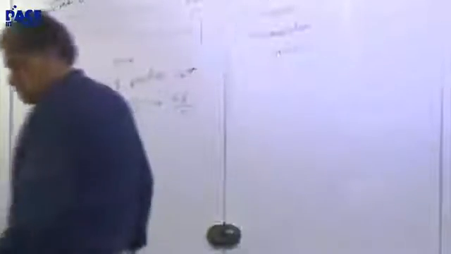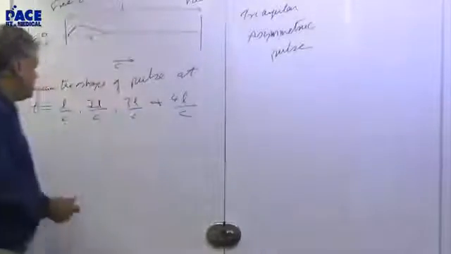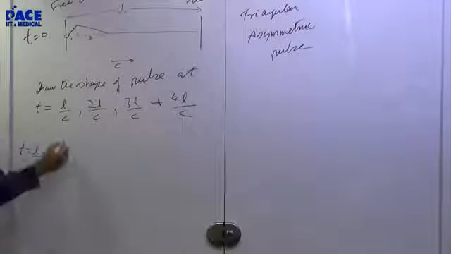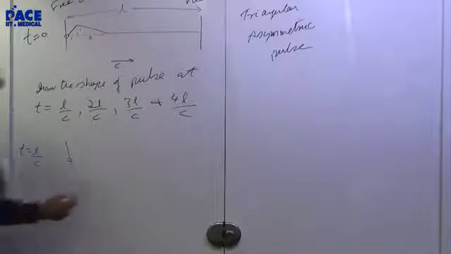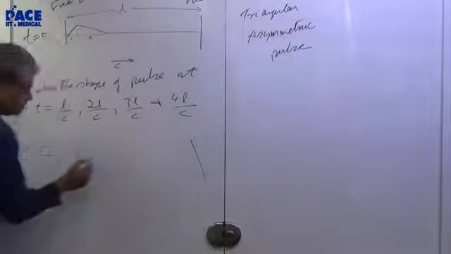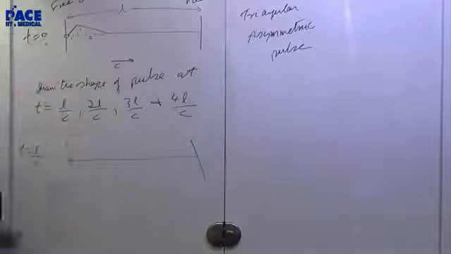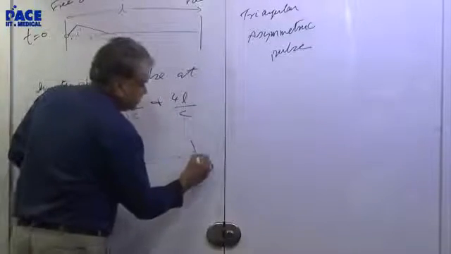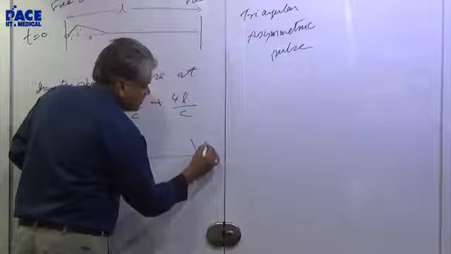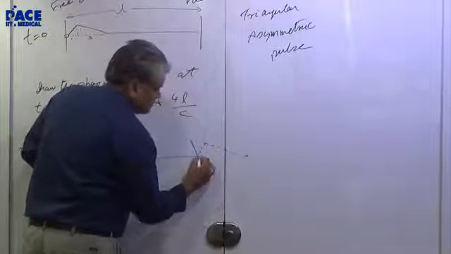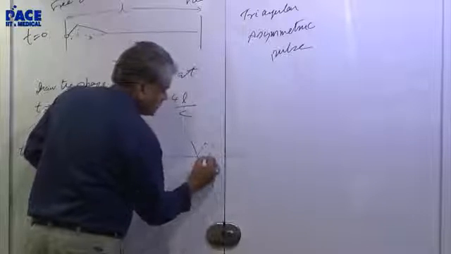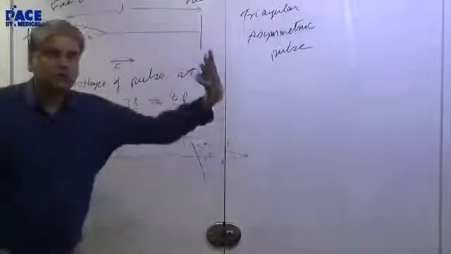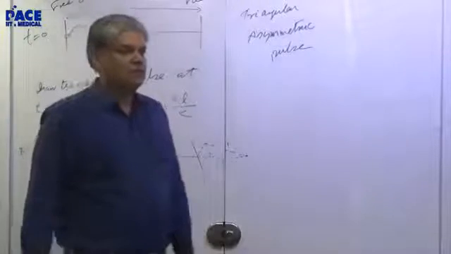So let's see. How do I draw t equal to L by C first? Just draw this as if it enters the wall. It will look like this. This is 1, 1, and this is like that. Is it okay? 1, 1, 3, 1. Imagine as if it has entered the wall. It has gone into the virtual world, and you can see it.